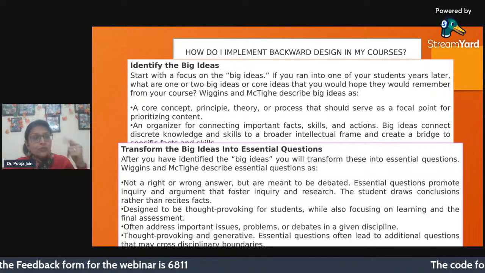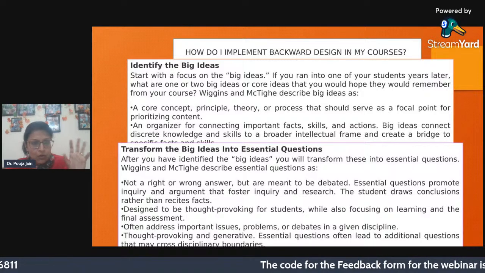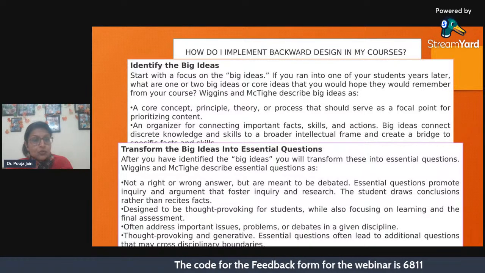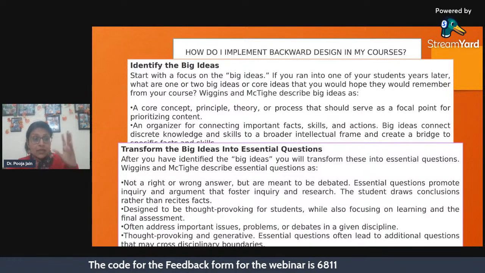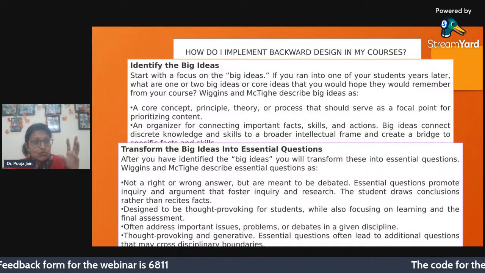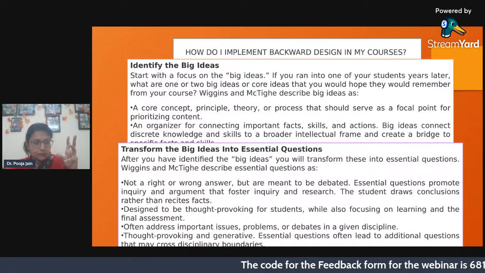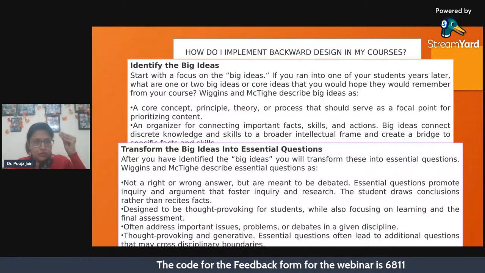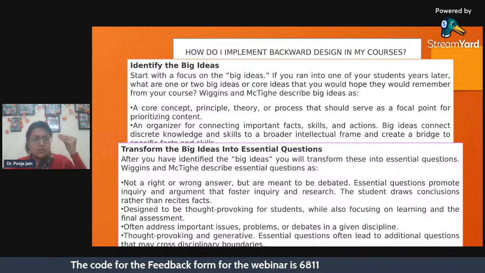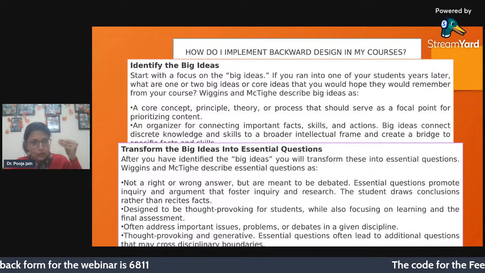Then these big ideas are to be translated into essential questions. It's not a right or a wrong question, but essential questions to promote inquiry, debate, discussion, collaboration, argument, research, and then draw conclusions. Facts, figures, statistics, data, right? Challenge our own assumptions and stereotypes, and then address important issues, and then thought-provoking questions